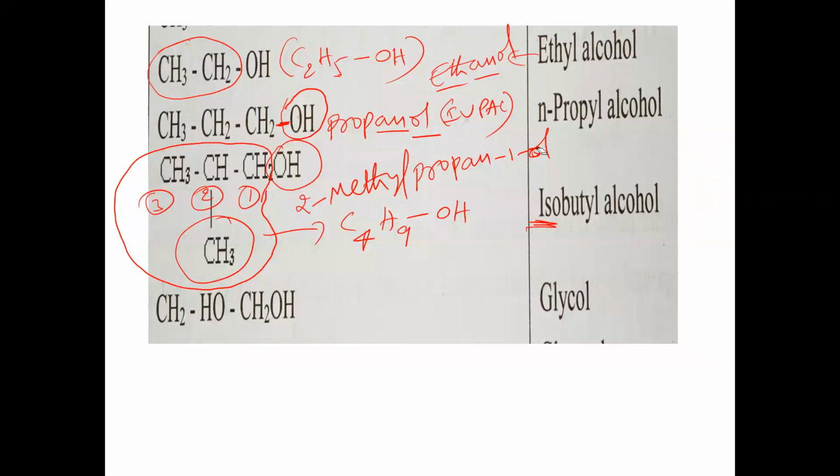That's why 1-ol. Prop, 3 carbons in the parent chain. We should not take this carbon in the parent chain. It is a branch. CH3 is a branch here in the IUPAC name. In the IUPAC name, this branch should be taken as what? Substituent. So the substituent name is what? Methyl here. Where is methyl present? Second carbon. So 2-methylpropan-1-ol is the IUPAC name, and the common name is what? Isobutyl alcohol. Isobutyl alcohol. Next one.